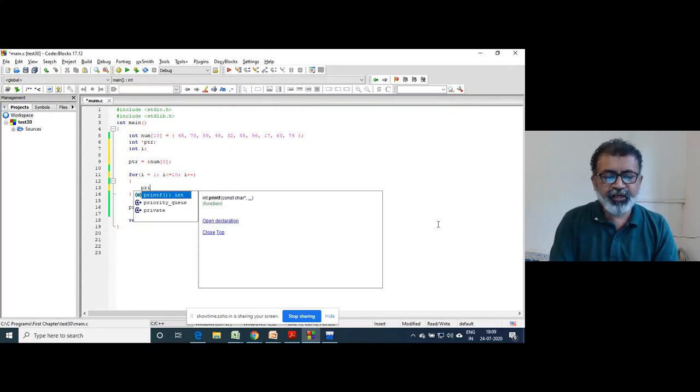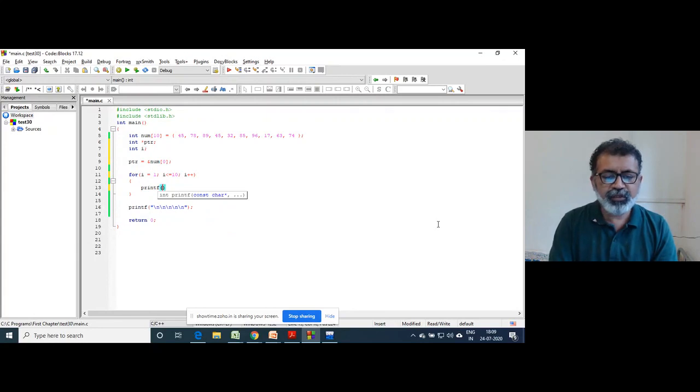I'll write here printf percent 3d, and ptr is pointing to the first element of the array. So star of that will give you the first element. That's it. Address of the first element of the array is stored in ptr, so ptr is pointing towards the first element of the array.